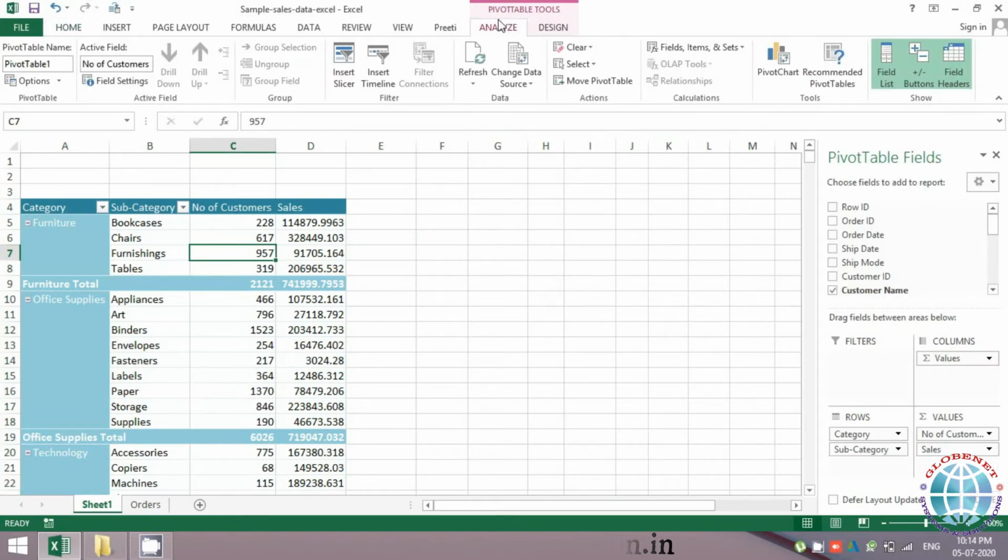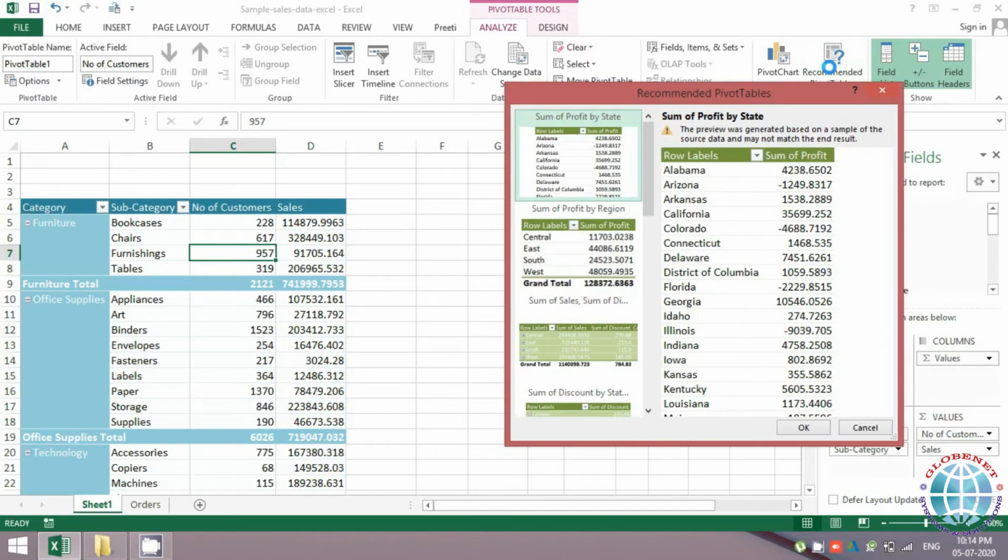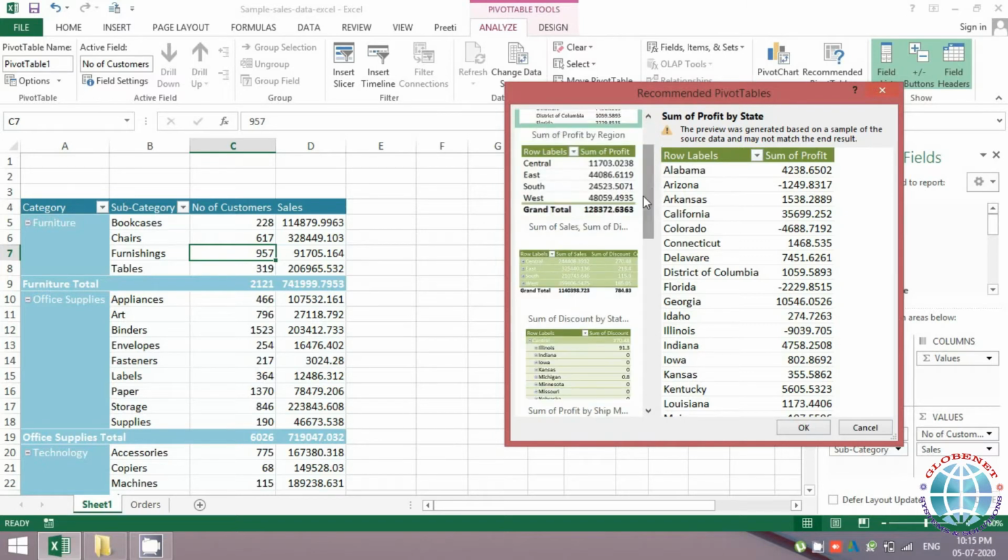Excel also has a very beautiful feature of recommending pivot tables. If you see, there is an option over here called Recommended PivotTables. It's like an intelligent tool which will give you some samples. Let's say you're not able to figure out how to present the data, or what are the different views in which you can present the data. You can just explore this option. It will give you all the ways you can present it.